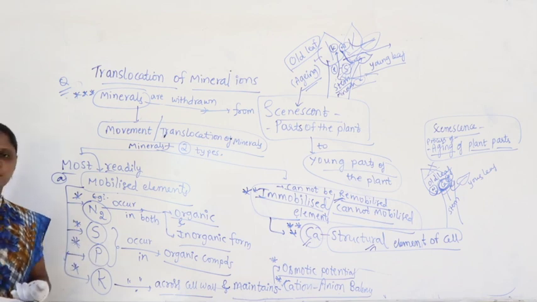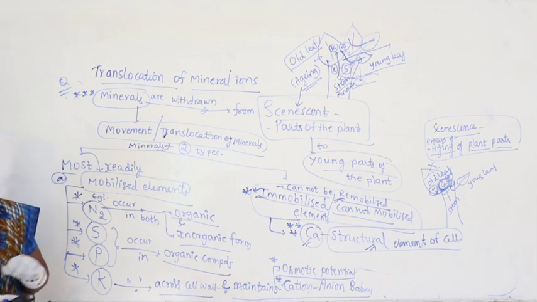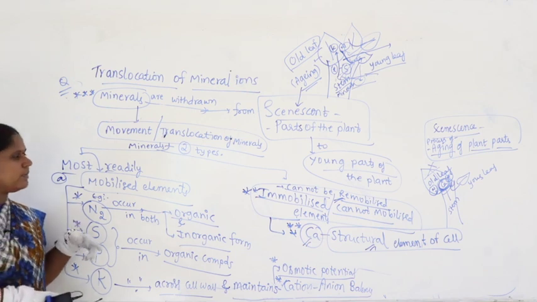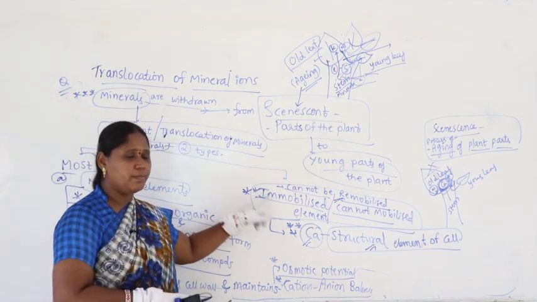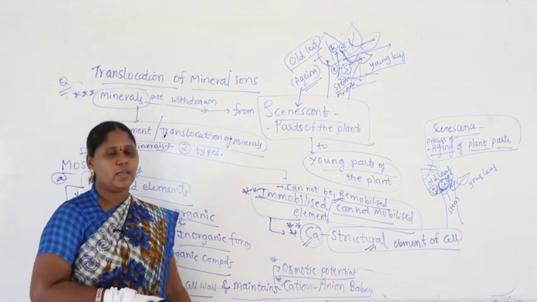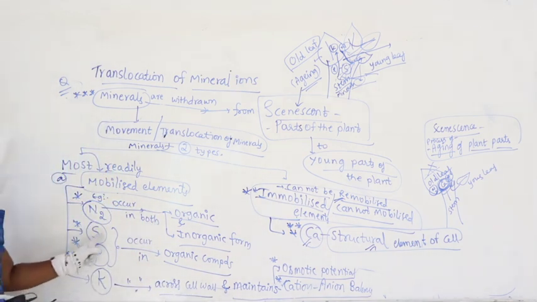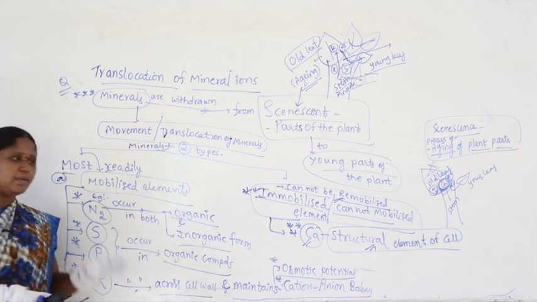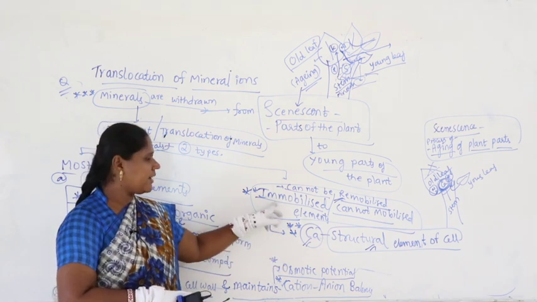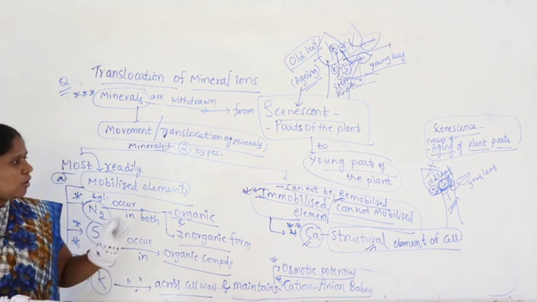But go to the second chapter called mineral nutrition. In mineral nutrition also we have a paragraph. There also we study most readily mobilized elements, and some elements are immobilized. There, along with calcium, they will mention sulfur: calcium and sulfur. So, do not get confused, guys. In some cases sulfur acts as a mobilized element, and in some metabolic processes sulfur also acts as an immobilized element. Now, to avoid confusion, what you have to see is the question.